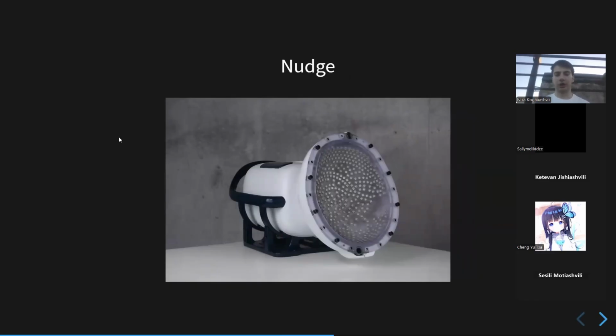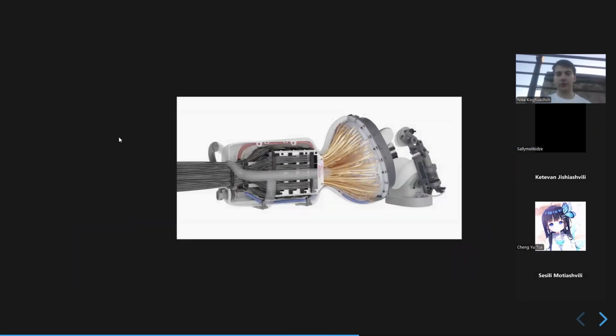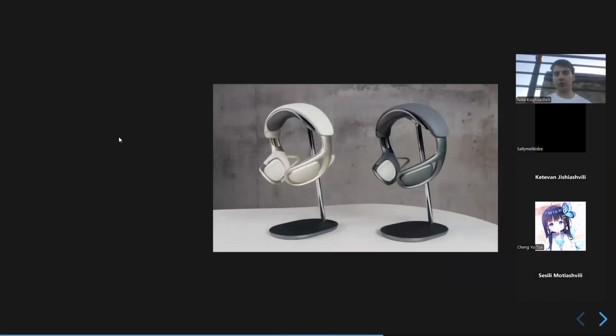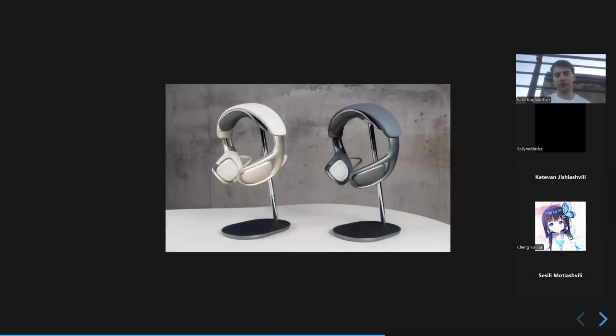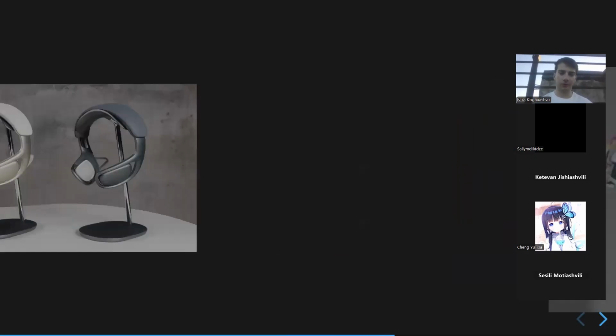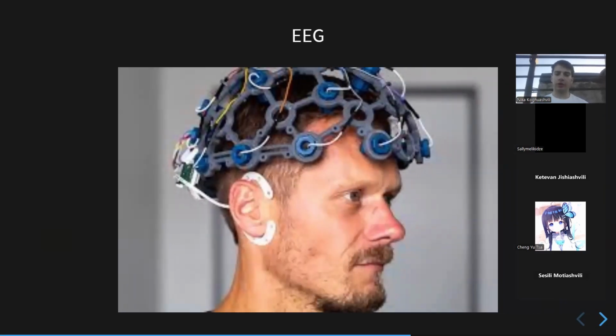Nudge is the company making those ultrasound devices. This is what it looks like right now, but they want it to look like just headphones like this in 5 years. Well, we'll see how it goes. But today we'll be talking about EEGs, which is